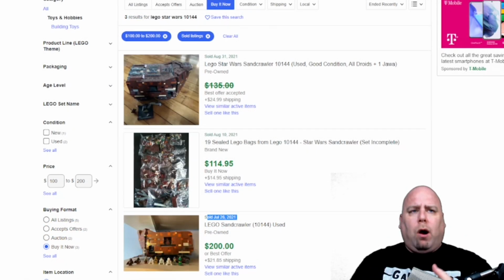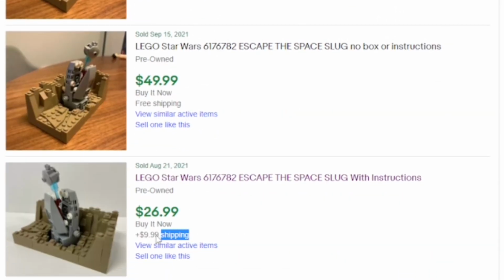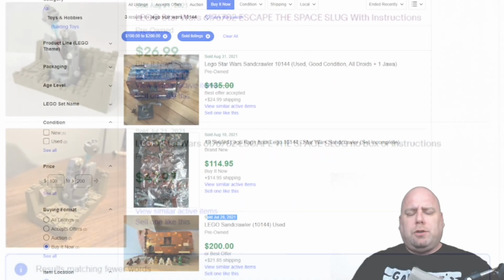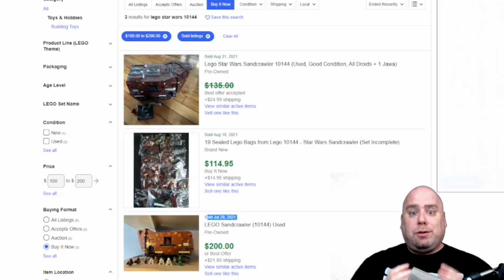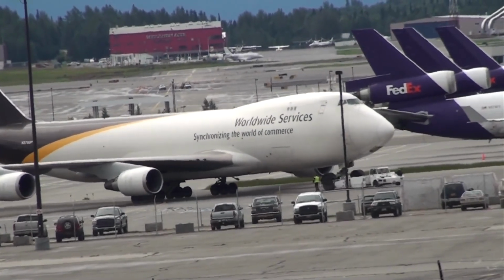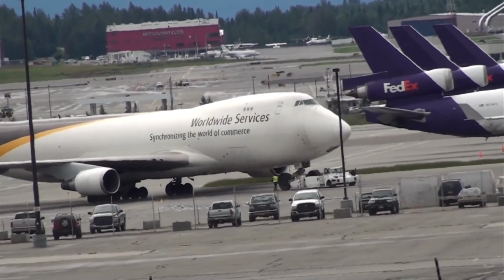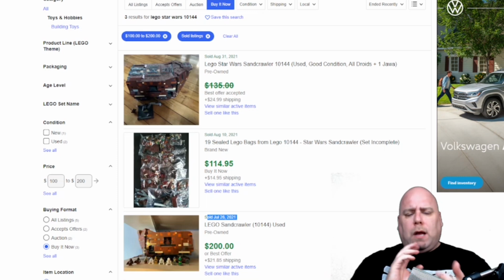Also, part of it is the price, you have to factor in the shipping. So make sure that the sales price factors in how much it costs to ship it. Maybe weigh the box out, and get an estimate of what it would cost to ship it from one end of the country to the other. If I'm on the East Coast and somebody is on the West Coast, it's going to cost more than shipping to somebody closer to me. So I always get the high end cost of it,